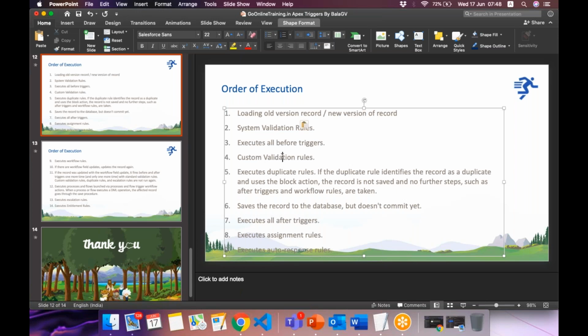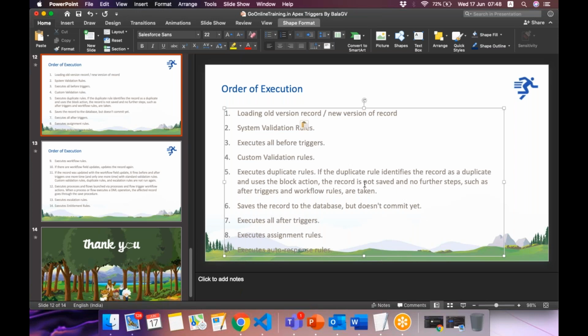Then custom validation rules. Custom validation rules are validation rules that we write in object settings with a custom message. So all the custom validation rules will execute in step 4. Later, duplicate rules execute.